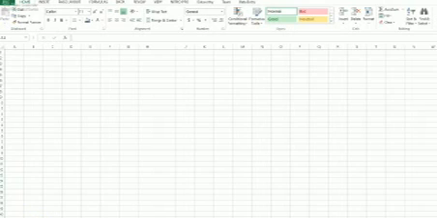So we are going to design the student information list. So the sheet is what? Sheet 1. You have to rename it to student information list. So you click on it and then click on rename. Then you give it a name as student information list.